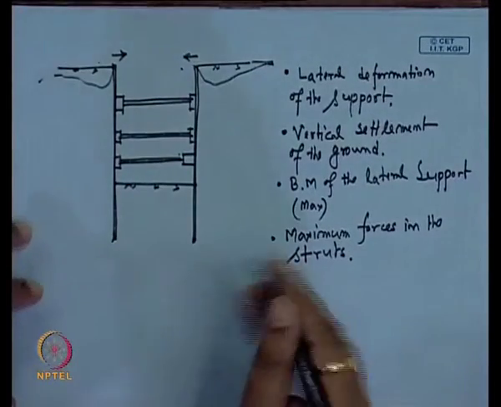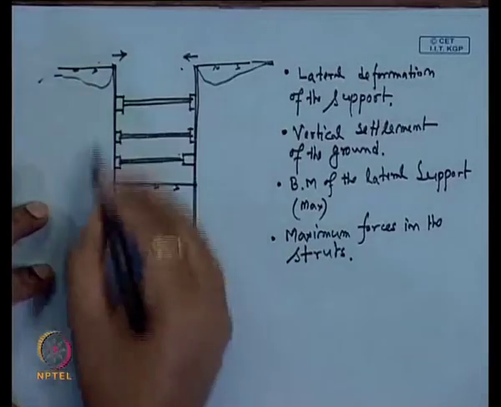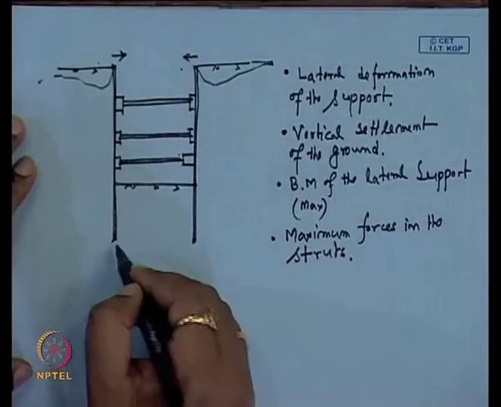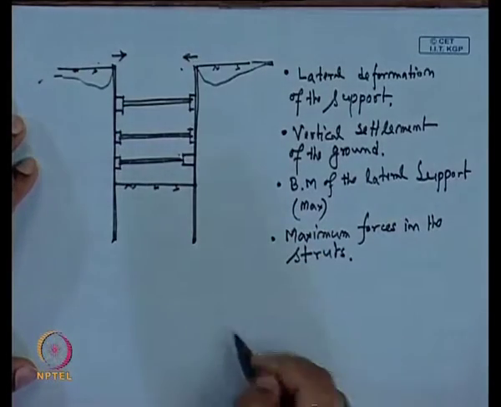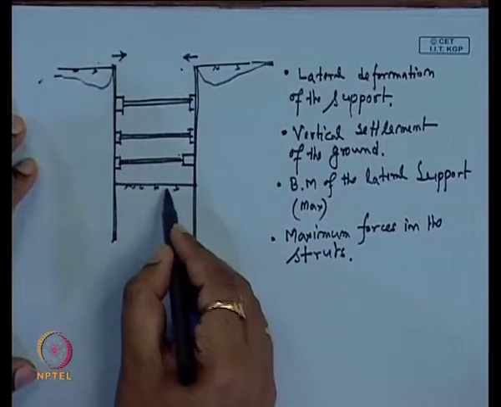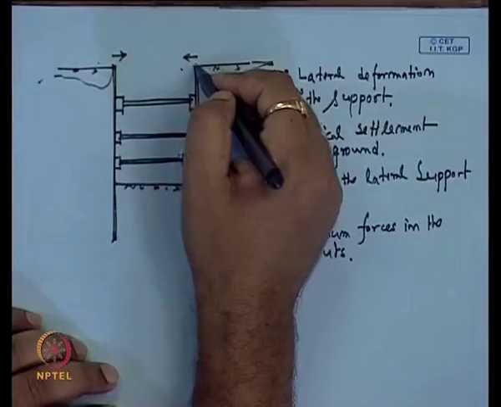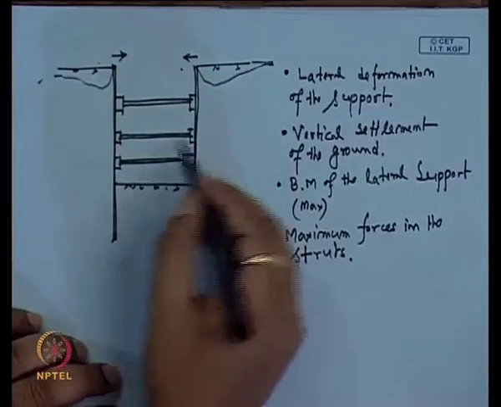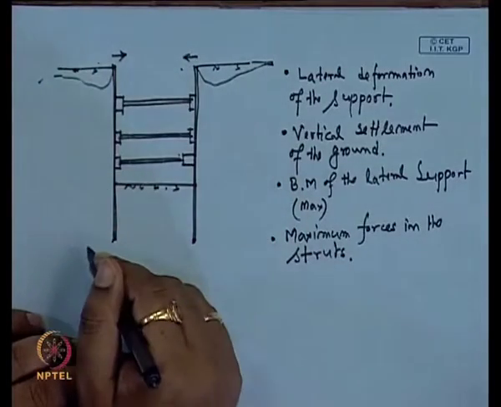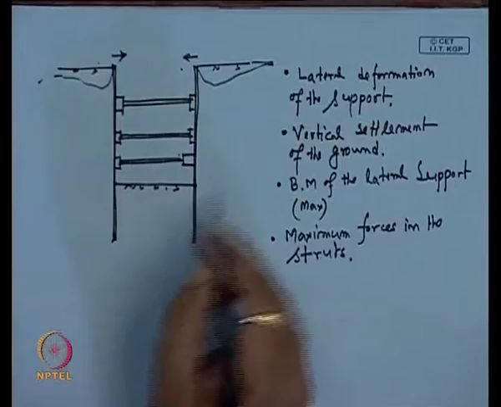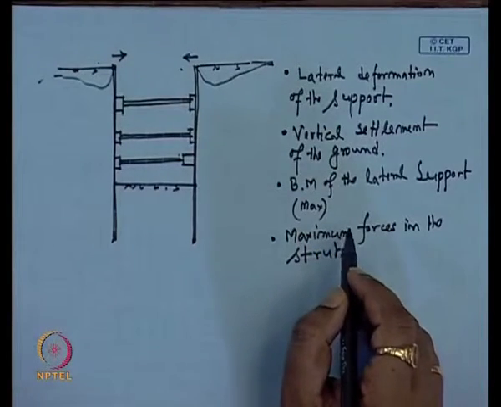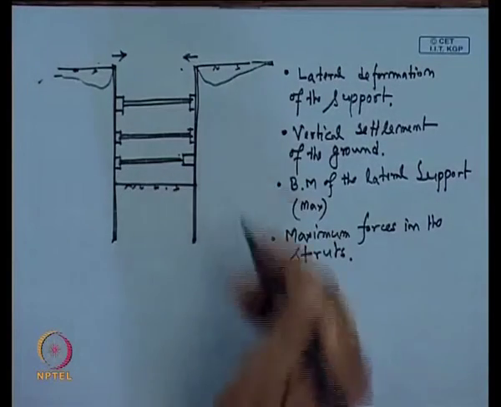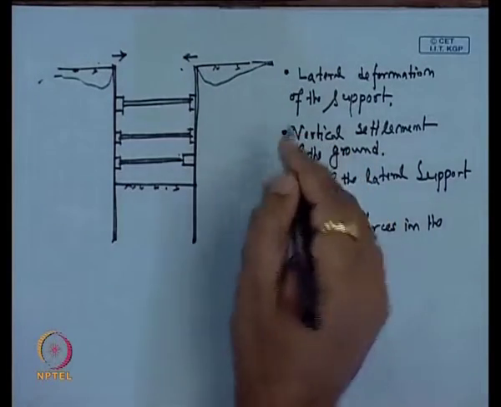Now, for the simplified analysis of this type of system, we have to go for a rigorous analysis when we take all these parameters during the design. Every time we have to check that if I consider this type of configuration, then what will be our design steps, what will be our settlement in the lateral direction and in the vertical direction. So, every time we have to check all these things.